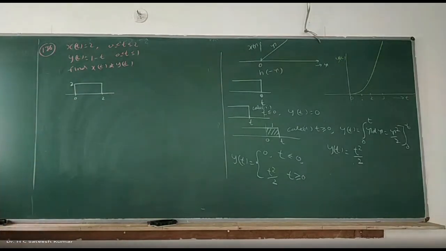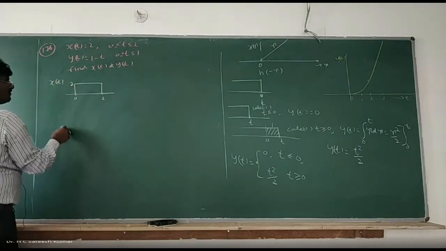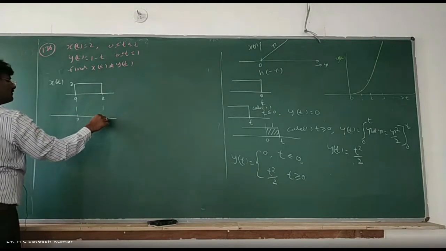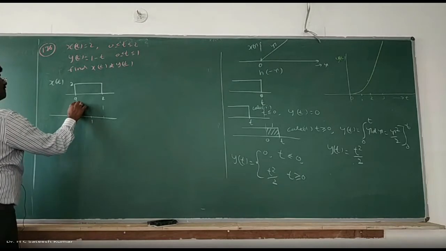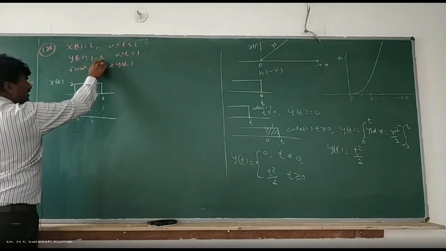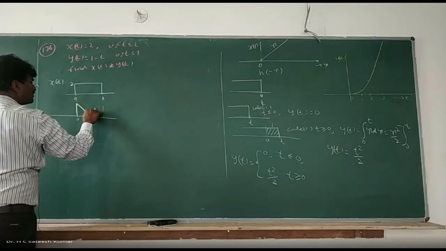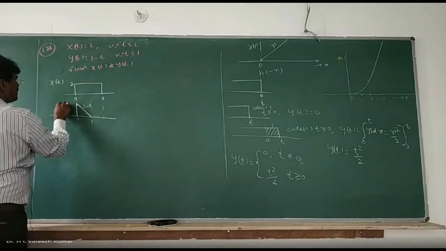Okay, right. What is that? x of t, y of t is between where to where? 0 and 1. Okay, at 0, its value is 1, when t is equal to 0. At 1, 1 minus 1, 0. That's how we should get it. And this value is 1 minus t. This is your y of t.